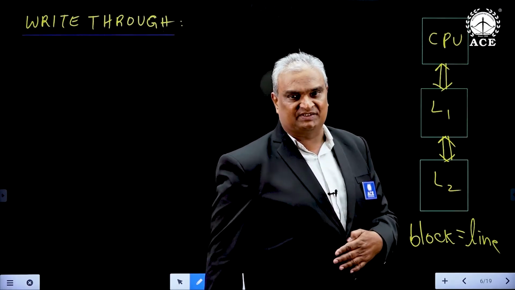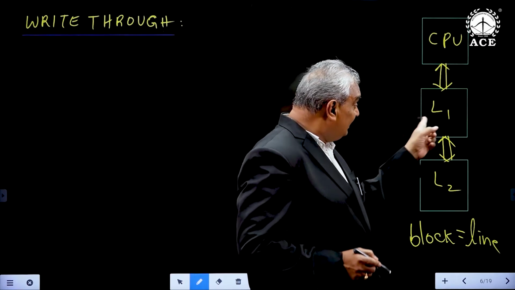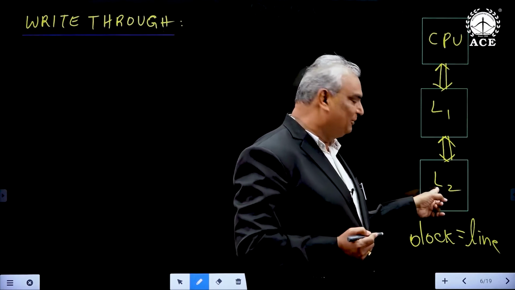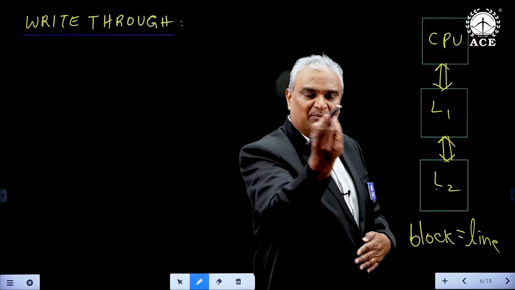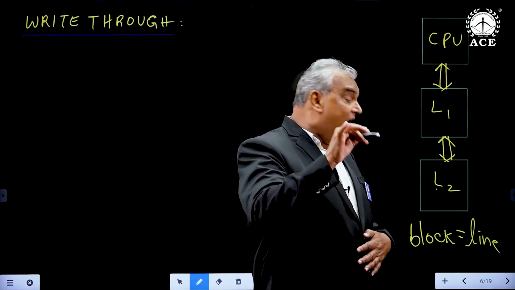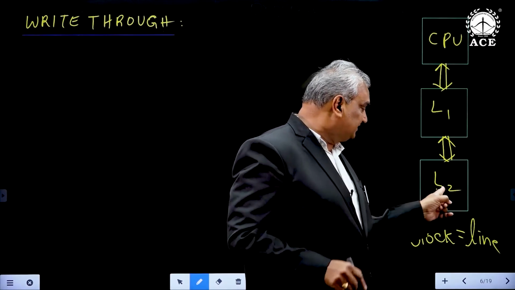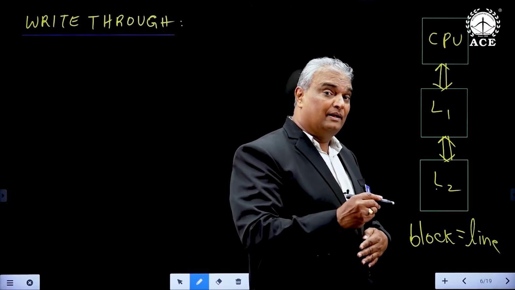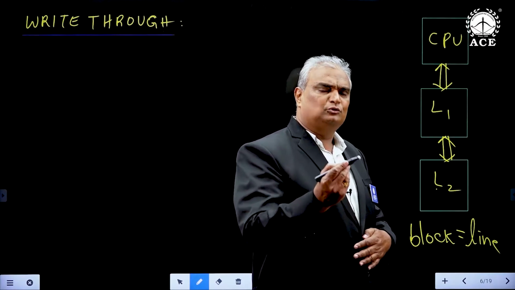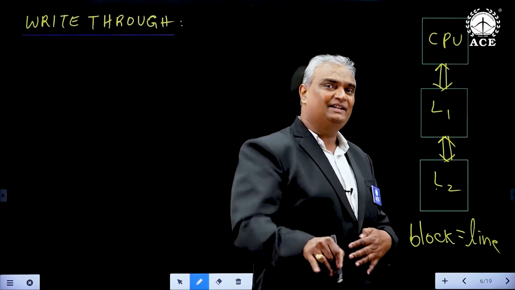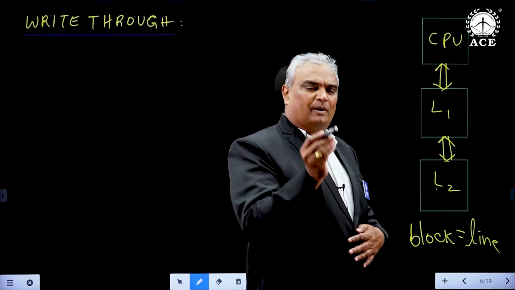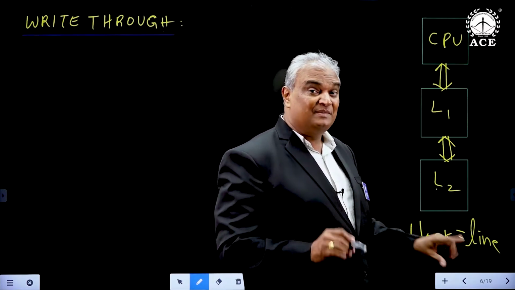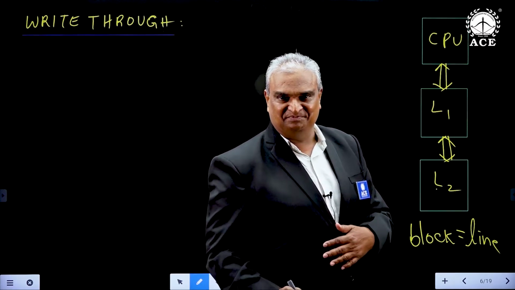What about the merit of this? Whenever that particular block is missed in L1, its duplicate block is available in L2, so reloading is possible. At the same time, after completion of the writing operation in L2, that data is readily available to the external devices through the DMA controller. It is the merit. What about the demerit? For storing the same block, we are utilizing space here and here. Valuable memory space is wasted.